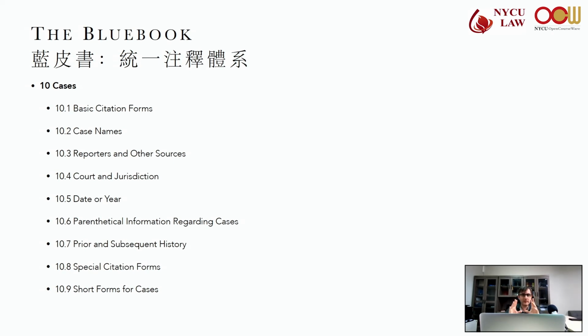So in law review notes, the short form of a case may be used if it clearly identifies a case that, one, is already cited in the same footnote, or two, is cited in either full or short form, and this includes id, in one of the preceding 5 footnotes. So having that in mind. Otherwise, if it's on the 6th footnote, a full citation is required.